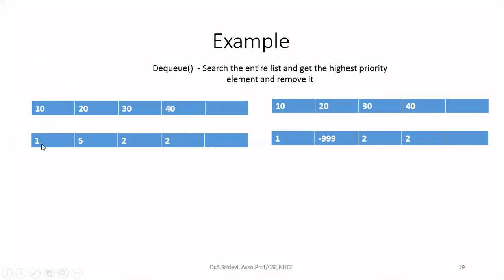So first, I have to see only the priority queue. Don't see the item queue because it is having value only. You have to see the priority queue. I'm seeing the priority queue. The priority of 5 is the highest number in that. So I have to remove this 5 from the queue. And remember, while you are removing, after you remove 5 and 20, you can do one thing. You can shift all the elements which are present after that element to the corresponding position. One position you can shift this 30 and 40, you can shift one position to the left.